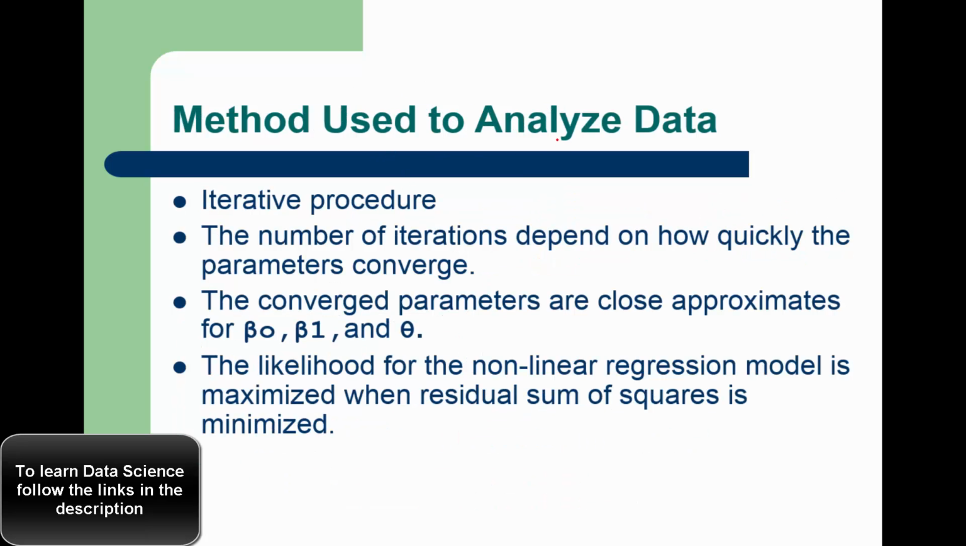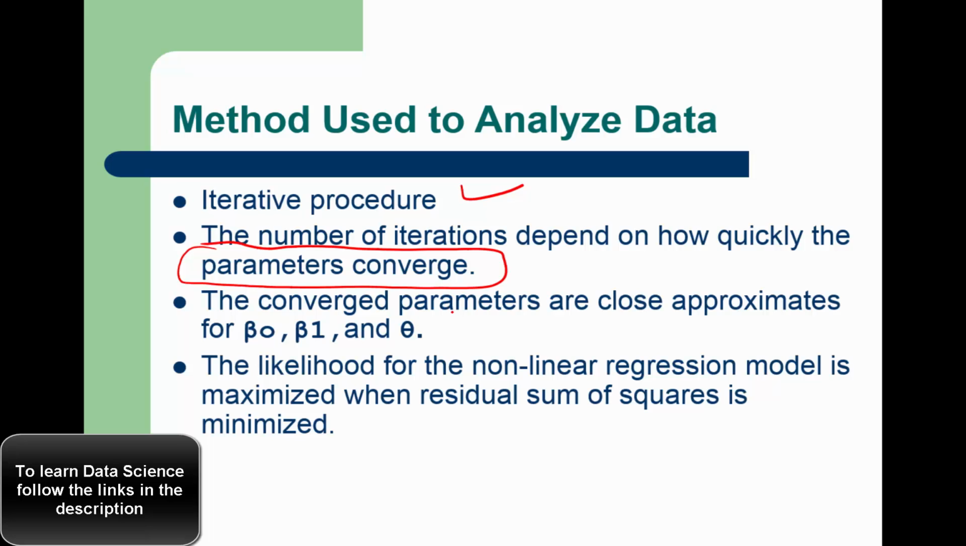So what are the methods to be used to analyze this data? The method to be used is to find it iteratively. Just put in the data we have with us and find out the values of these three parameters. So an iterative procedure is one that is very often used. The number of iterations depends on how quickly the parameters converge. For any optimization problem, we end up with the convergence of the parameters, and how quickly we get these parameters converged